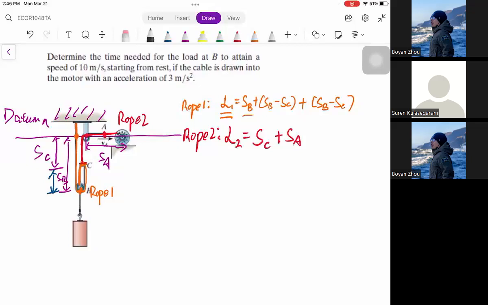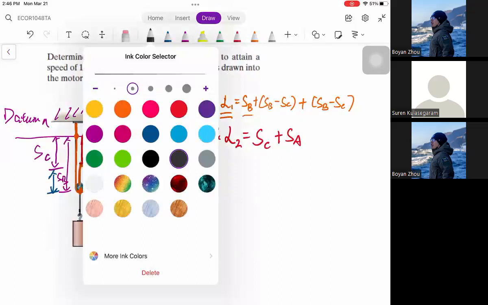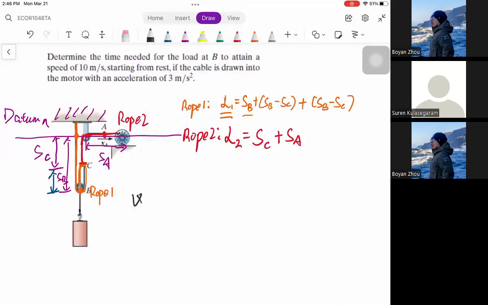And remember the equation we had before for calculating the velocity: velocity is equal to the first derivative of the displacement, and the acceleration is equal to the derivative of the velocity. That's something we covered in the past 2 weeks. And in this question,